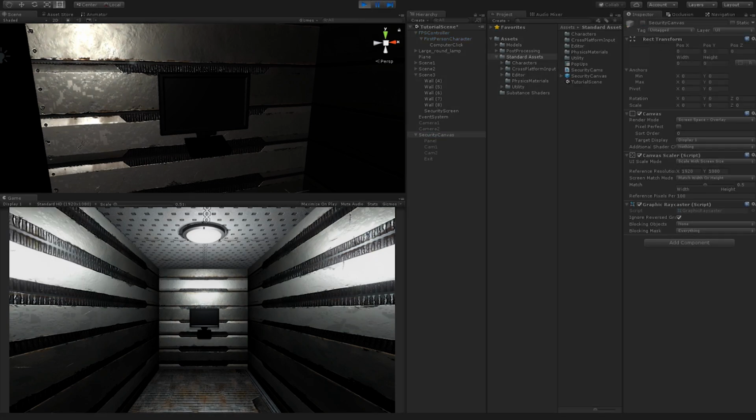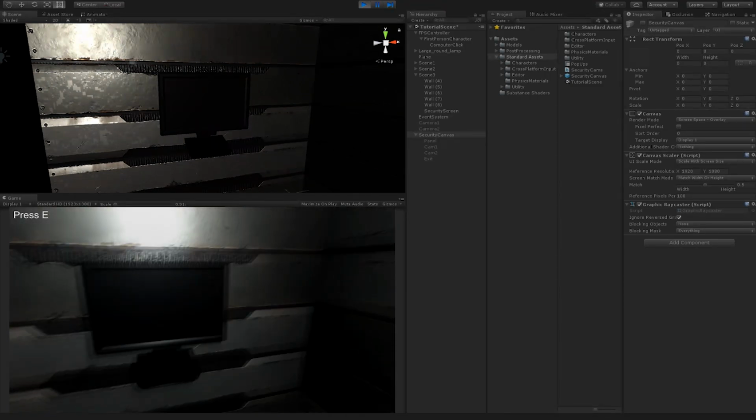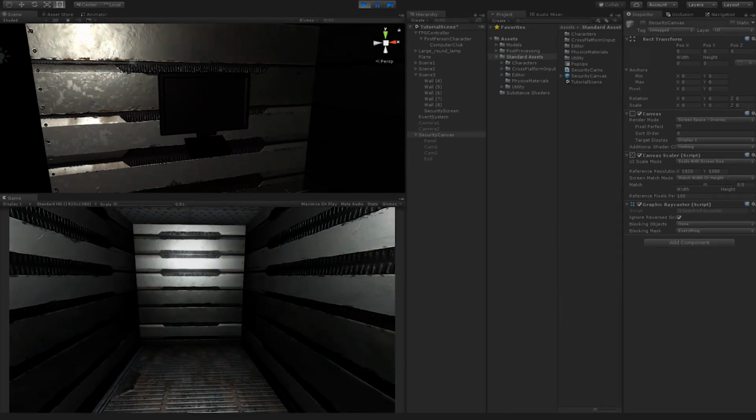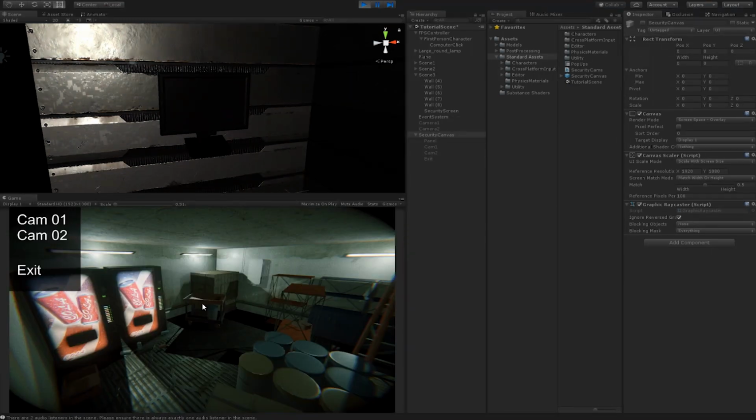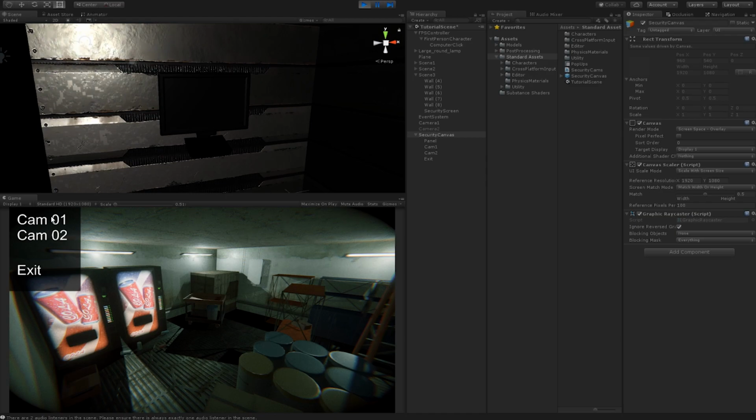All right, running the scene, walking up to the screen. Yep, there you go. Press E. If you look away, nothing's there. Look back, press E. Bam. We have two audio listeners in the scene because I forgot to disable it on camera 1 and camera 2, but that's an easy fix. But if you click now,